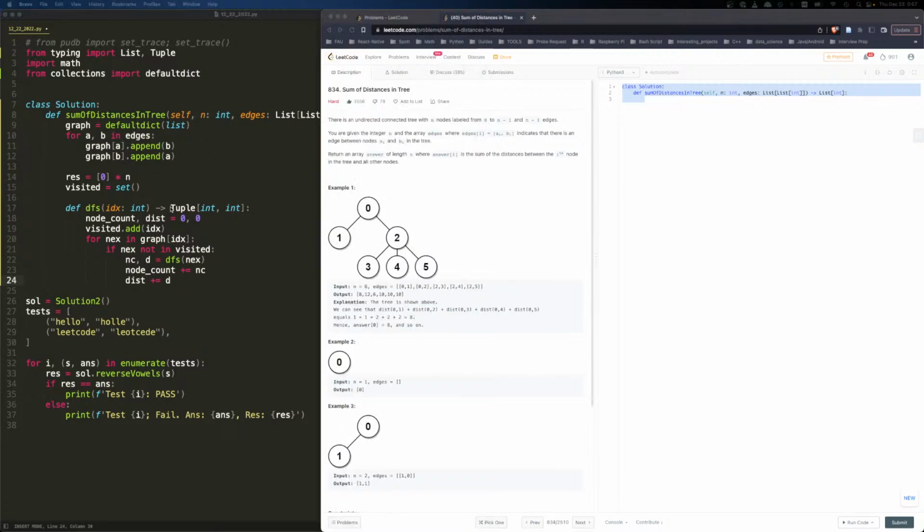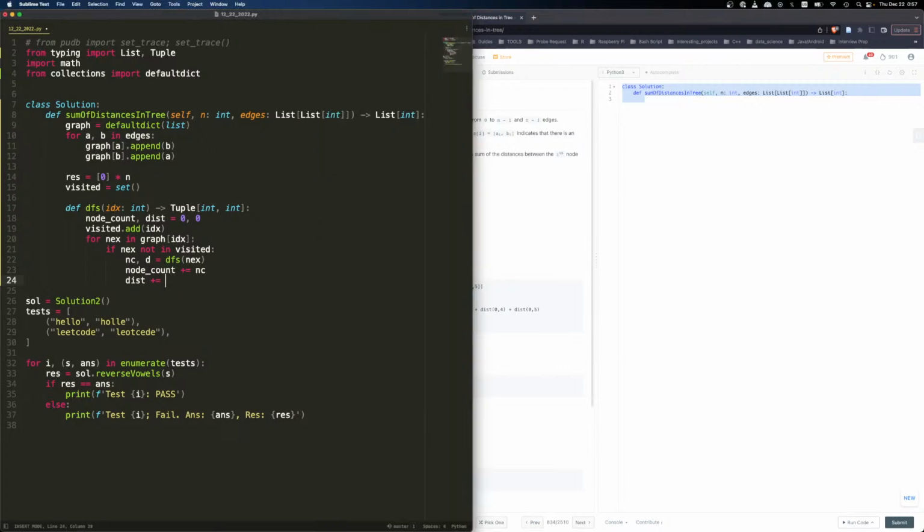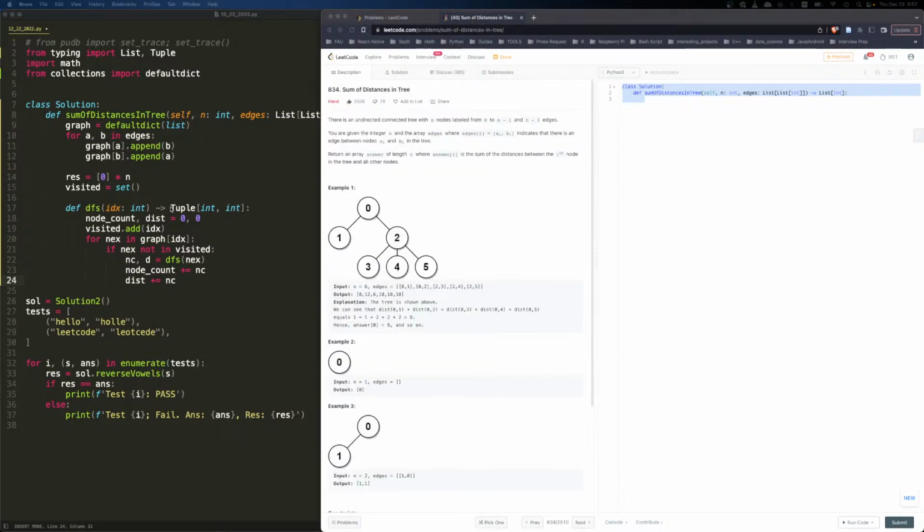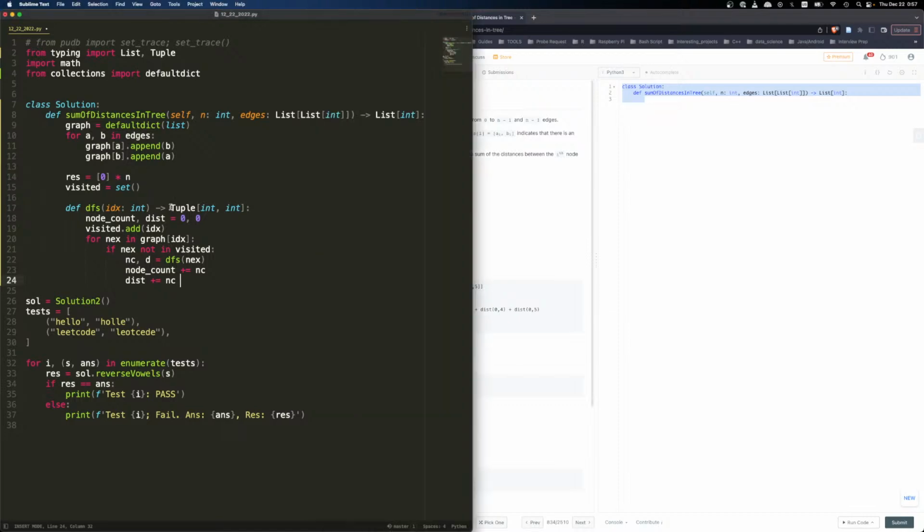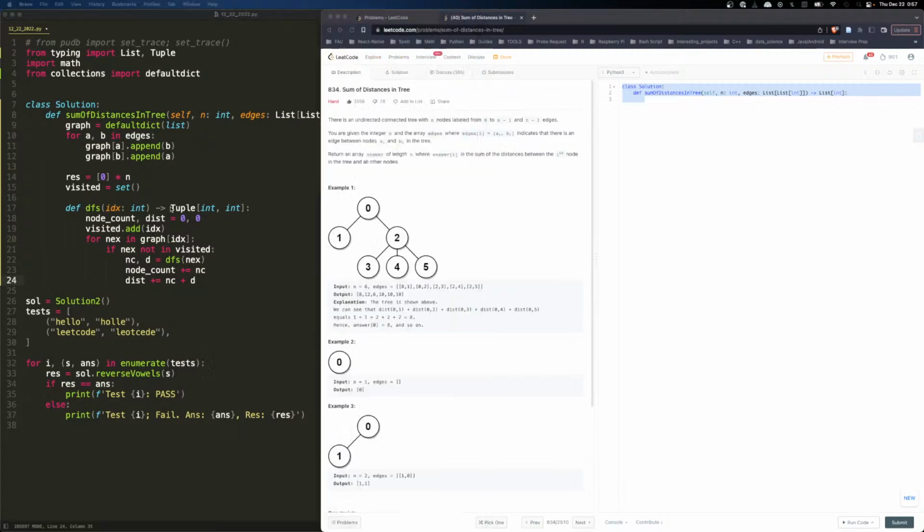No, it should be the node count, right? Because we have to go through all of those, and node count plus d. Node count, so we have to take every one of them, and now we plus d. So that's the total distance. And now for every one of them, we do this, and once we finish,